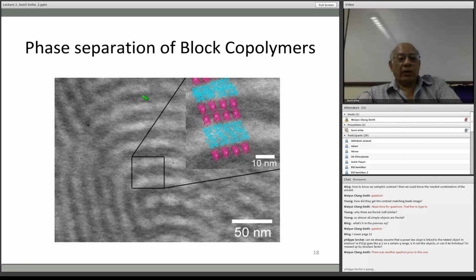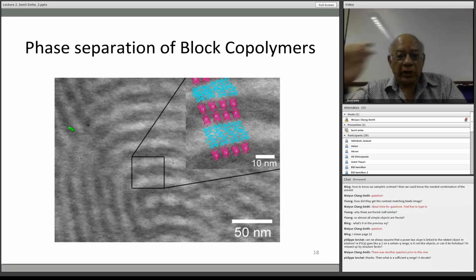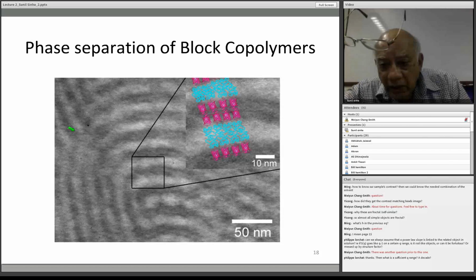Okay, here's an example of a block copolymer electron micrograph, and you can see that it phase separates into this lamella structure. When you cool it down, the two blocks like to phase separate from each other in this way, which is shown schematically here. And you can see small angle scattering from these lamella structures of block copolymers, and they give you a peak which corresponds basically to 2 pi over this interlamellar spacing, so you can determine that pretty easily. Also true for spinodal decomposition. Now here's another